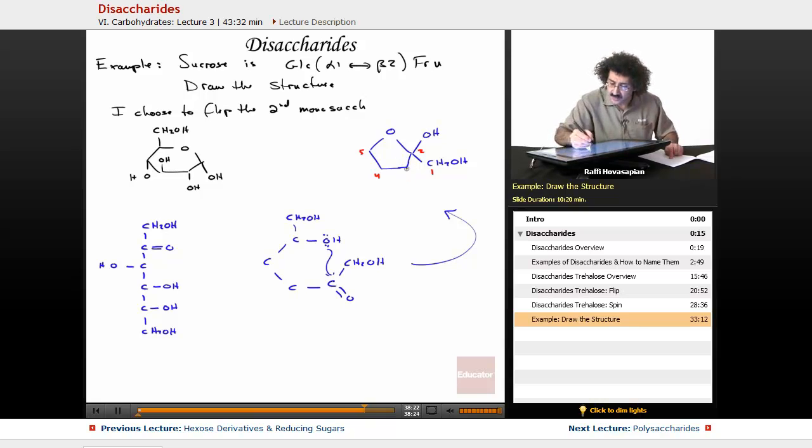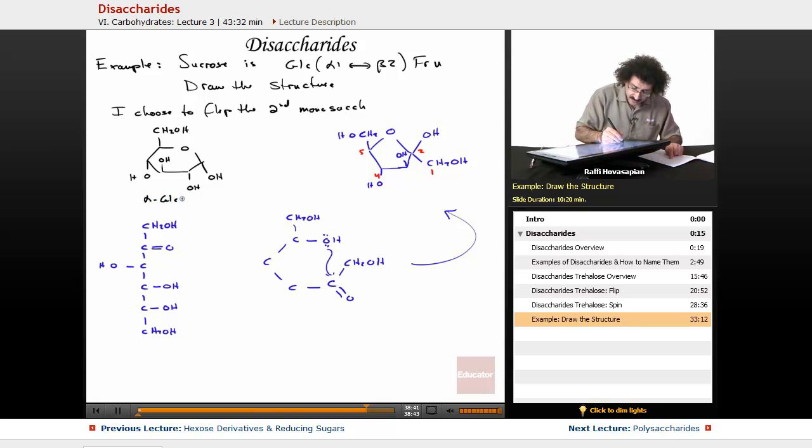As you can see, things get very involved. So let me go ahead and put my hydroxy there. Let me put my hydroxy there. Let me put my CH2OH over here, and I have my beta configuration. So this is my alpha glucose, and this is going to be my beta